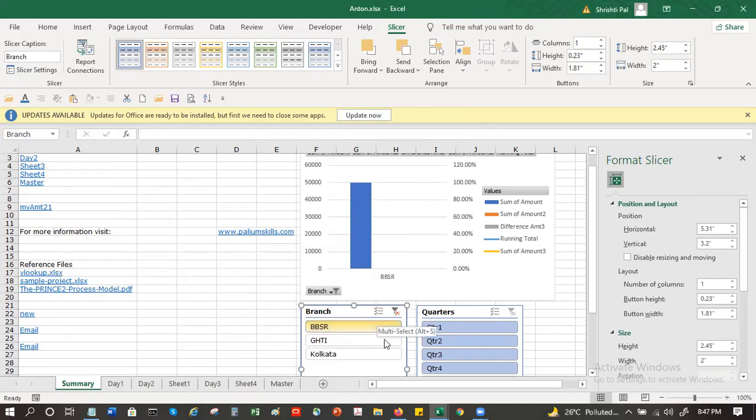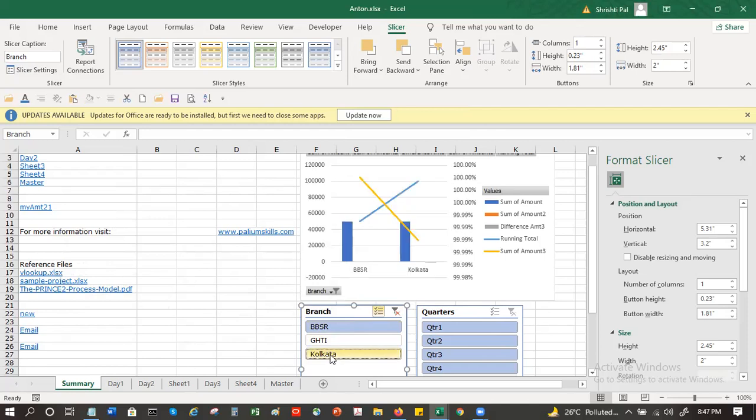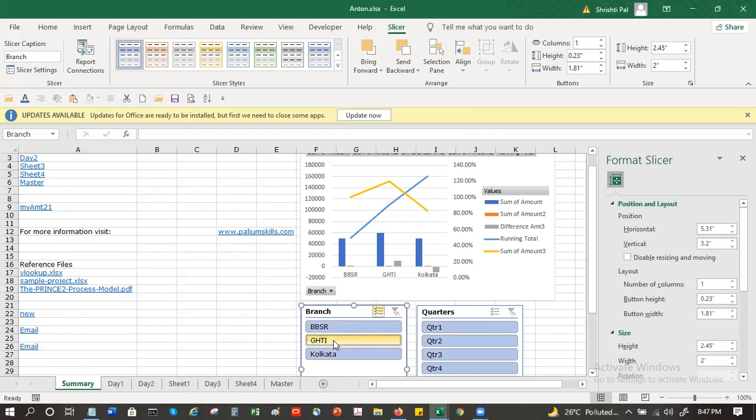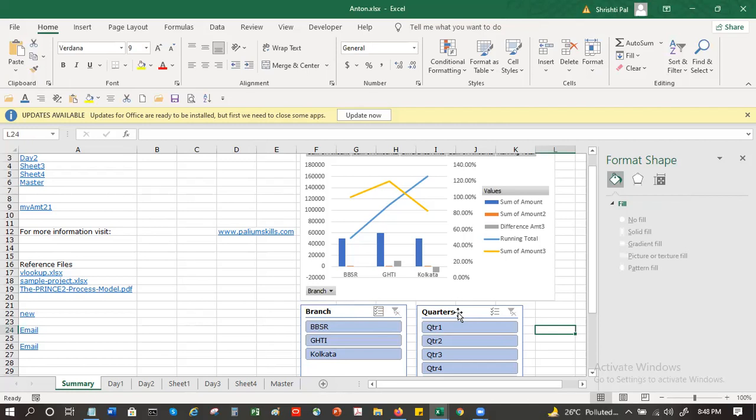Now I want to see Bhubaneswar and Kolkata. I want to see Guwahati also. Like you have so many branches in your sheet. If you prepare a table, let's say Kolkata, Guwahati, Bhubaneswar, Pune, Hyderabad, Noida, Bangalore, or north, south, east, west, depending on how you want it, you can have them here, and then you can just play around with them. And that would be your slicers.